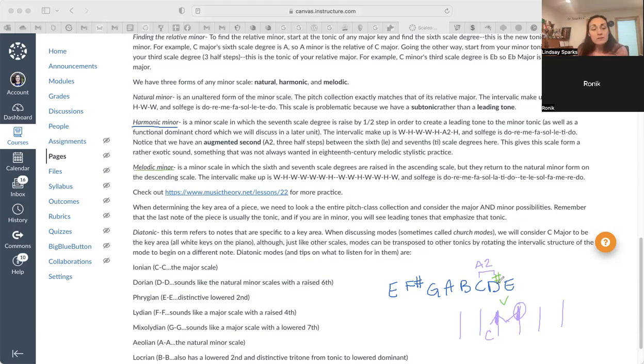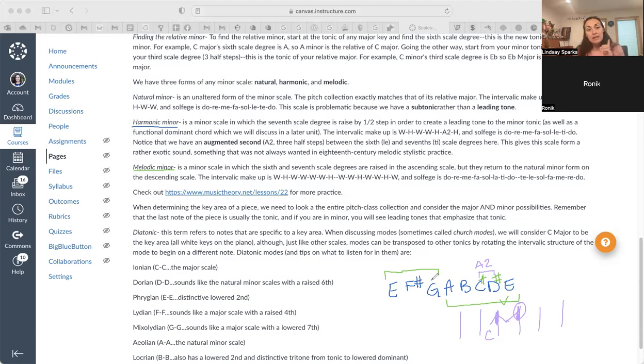Okay, that's where we keep that raised 7th, but we also raise the 6th. So now we basically have this hybrid scale. We've got kind of a minor scale up to here, and then a major scale up to here. Okay, because A, B, C sharp, D sharp, E, those are all notes that are in an E major scale. But E, F sharp, and G natural are only found in the E minor scale. So it's an interesting little thing that we've done here, but we basically fix the melody, and that's the melodic